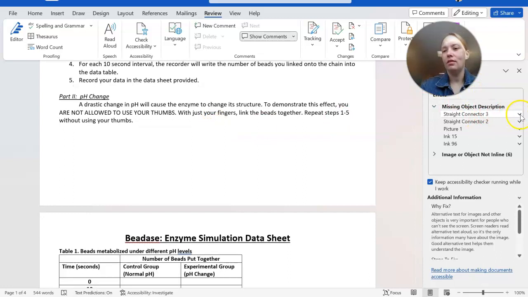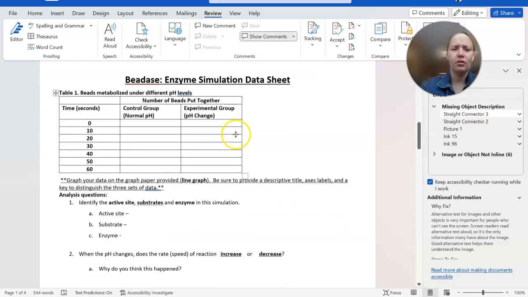Now checking these missing object descriptions that it gave me here, that makes sense. I didn't listen through till it got to the graph. But here is where I stopped and said, yeah, this is going to be a problem, in this data table. It reads here to time, to control group, to experimental group, then 0, then 10, then 20. Whereas it would have made more sense